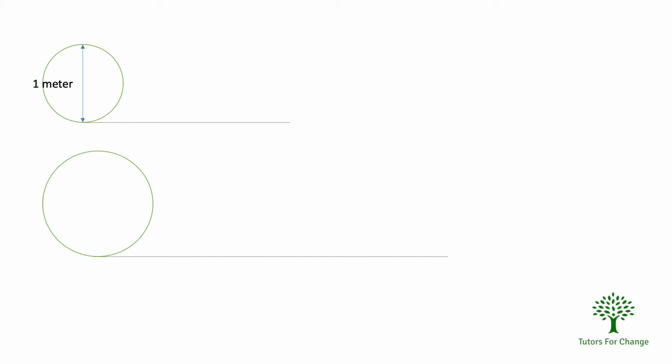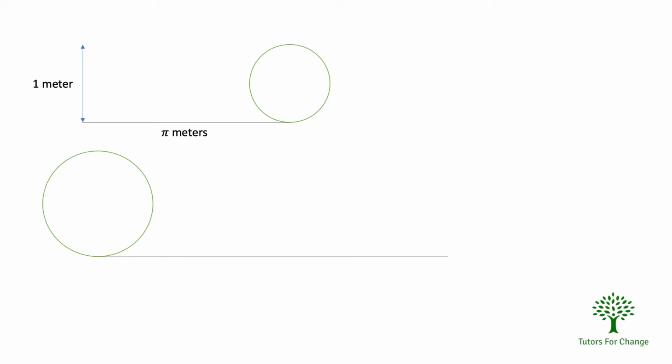First, let's answer the question, what is pi? Suppose we take a circle of diameter 1 meter, and we let this circle roll along a straight line and complete one full rotation. Then the distance traveled by this circle after completing one full rotation is pi meters. This comes out to about 3.14 meters, which is a pretty good approximation for pi.